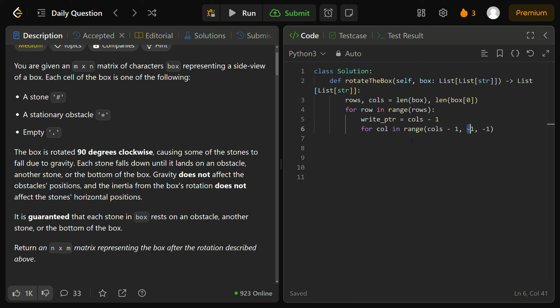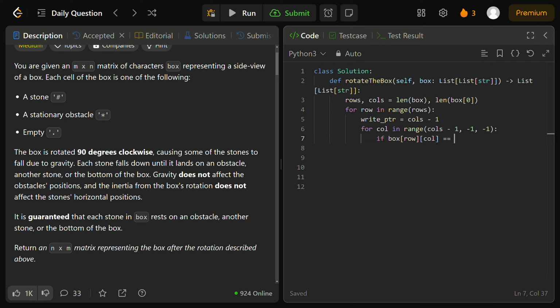And we're going to do this in our current row. We're iterating through these actual column values in our current row. So now we have to handle the first case when the current cell is a stone, which is again represented by a hashtag. So in this iteration of these nested for loops, if the box at the current row column, again keep in mind row and column are our two iterators in these nested loops, at box row comma column